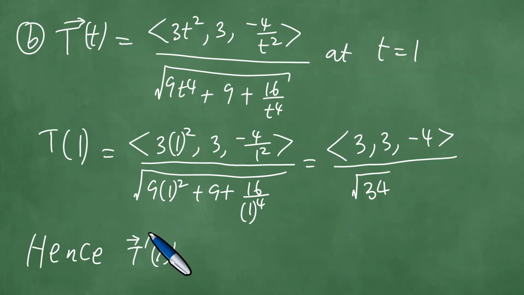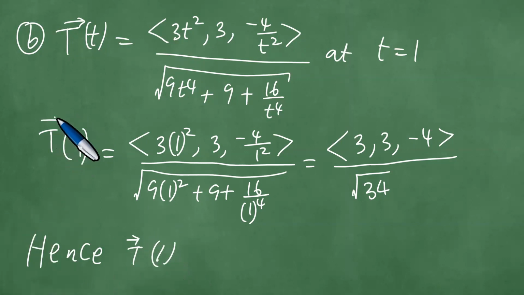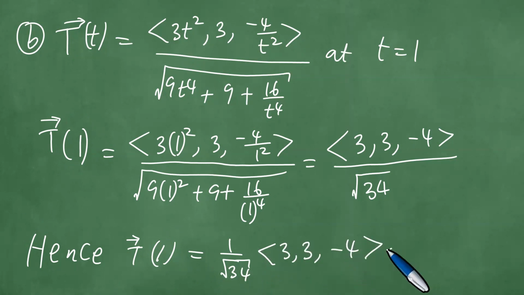It's not primed here, just the vector T. Right, so now this vector is actually 1 over the square root of 34 times 3, 3, minus 4. So now,